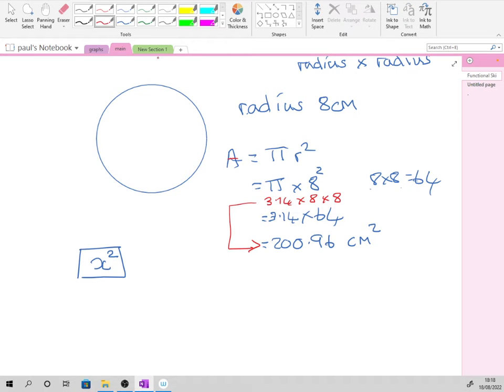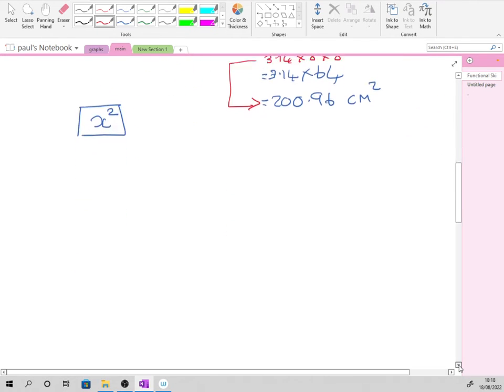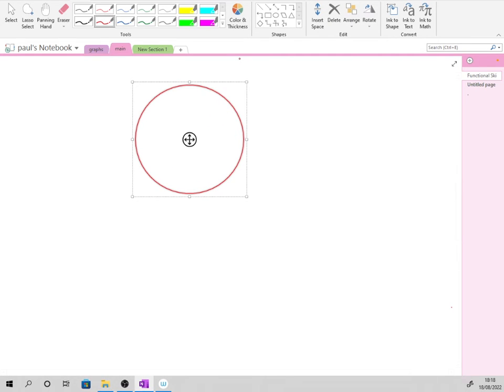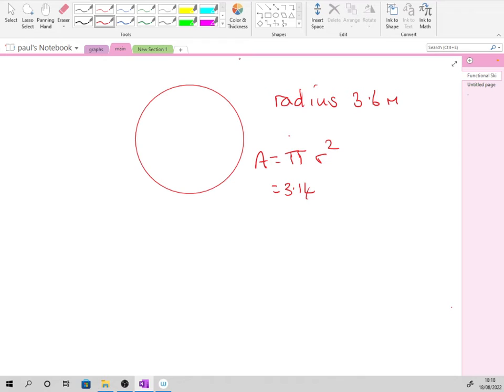So yeah, there's a circle with a radius of 8, and it doesn't really matter what we've got here. Oh, we've got a red circle now. Yeah, a radius of 3.6 meters. So the area is pi r squared, which is 3.14 times